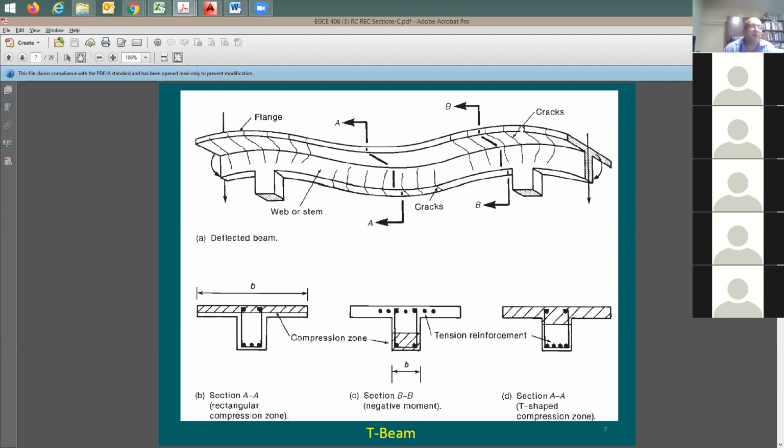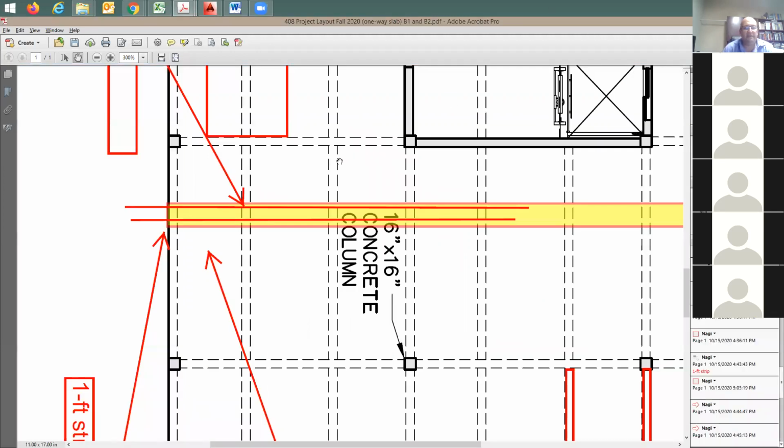At the top of the support, you're going to have cracking. Why? Because you have negative moment here, and here you have negative moment. In the middle, tension is going to be at the bottom, right? Because you have positive moment here. Very similar idea: this is the middle of the span, you're going to have some cracking here. This is where you need to have the reinforcement. And at the top, you're going to have negative moment, and this is where you need to provide reinforcement